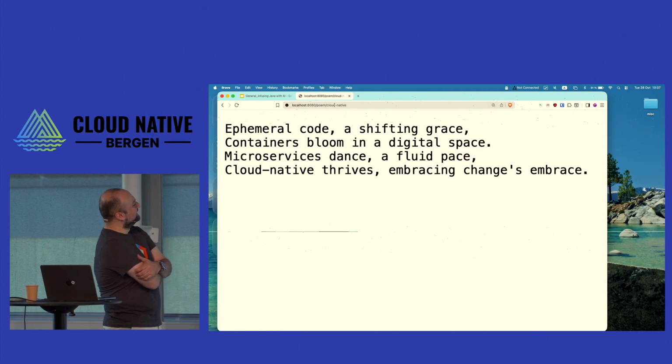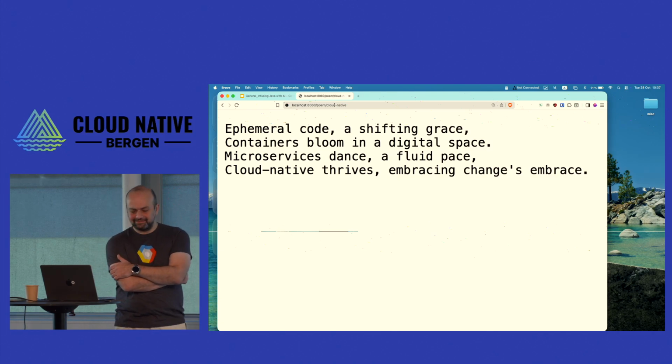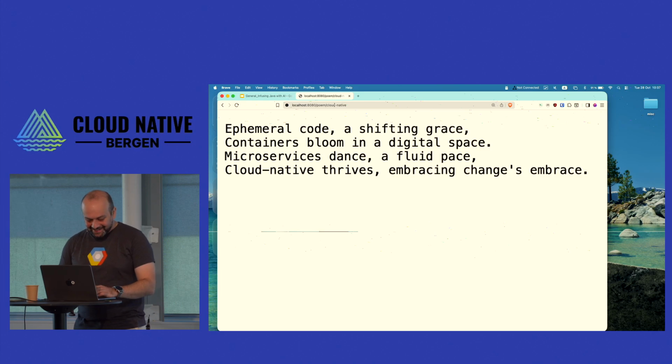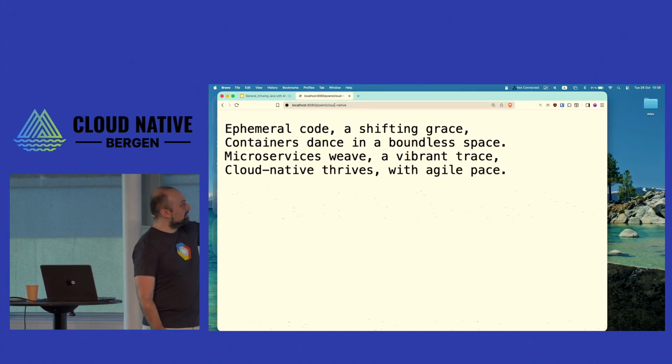It actually worked. Continuous improvement in the digital space, microservices dance a fluid pace, cloud native thrives in pacing changes, embrace. Okay, you know. I mean, it's not Shakespeare,